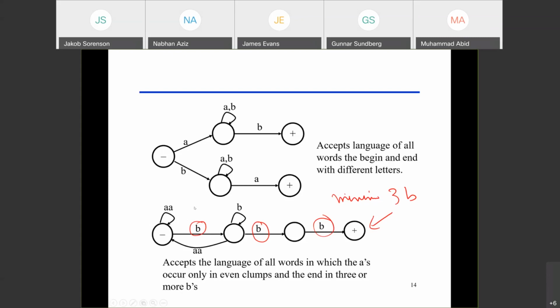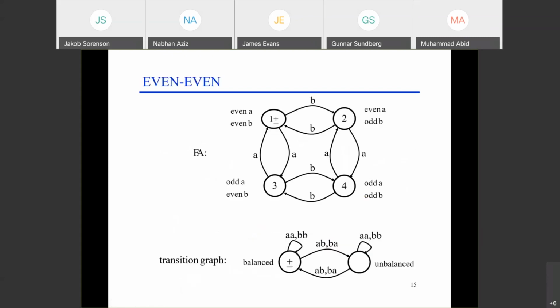Okay. So now let's go to the next slide. We have this machine which is called even even. You already saw this in the FA chapter. Now if you convert this even even into a TG, look, if I ask you to reduce the number of states, I will say we have this FA using 4 states. Can you please convert this into a TG but reduce the number of states, let's say to 2 or 3 states? I will mention that in the exam. So now look at this one. It is equivalent to this one.